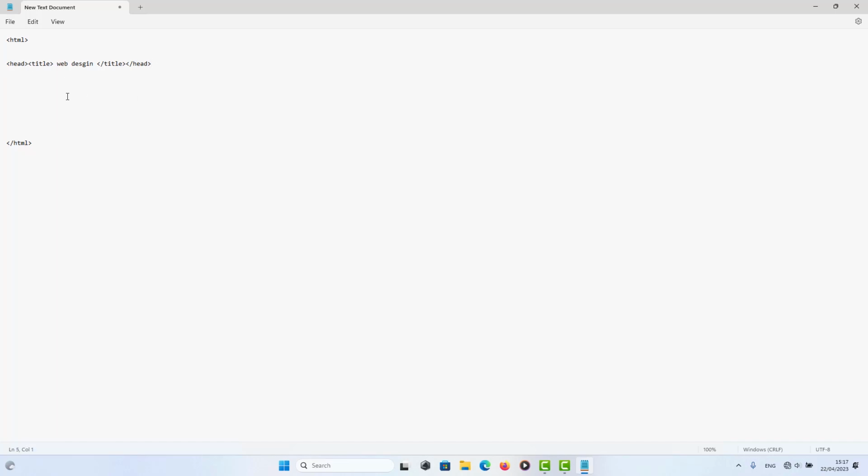The next tag that we have, one of the most important, exactly as important as HTML, is the body tag. So let me write it: body open, body close. Everything that people see is between the body open and the body close. It's very important, guys. We have to pay attention. I don't want the video to be too long because we have to save time. So I'm explaining faster.